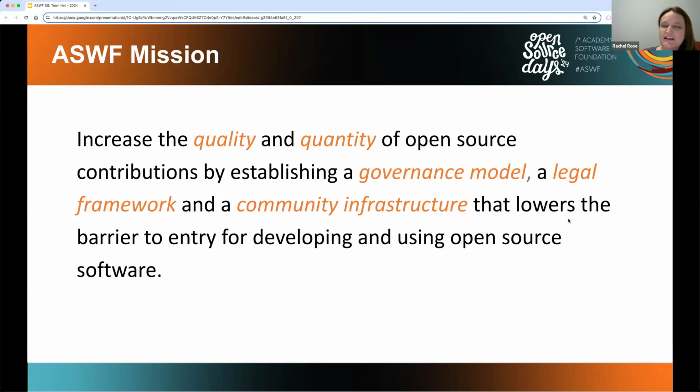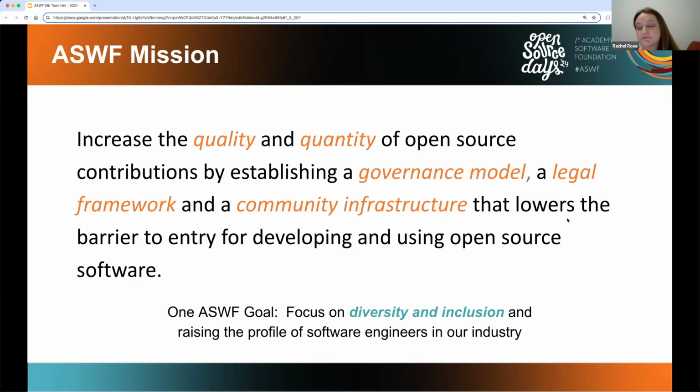This slide is just a reminder of the mission statement for the ASWF. The purpose of the ASWF is to increase the quality and quantity of open source contributions by providing a bunch of different foundational things that lower the barrier of entry for developing and using open source software in the VFX and animation industries. As a part of this overall mission, one of the goals of the ASWF is to focus specifically on diversity and inclusion and in raising the profile of software engineers in our industry. This is an important goal for the ASWF and one that we all want to invest heavily in. And to that point, in 2020,